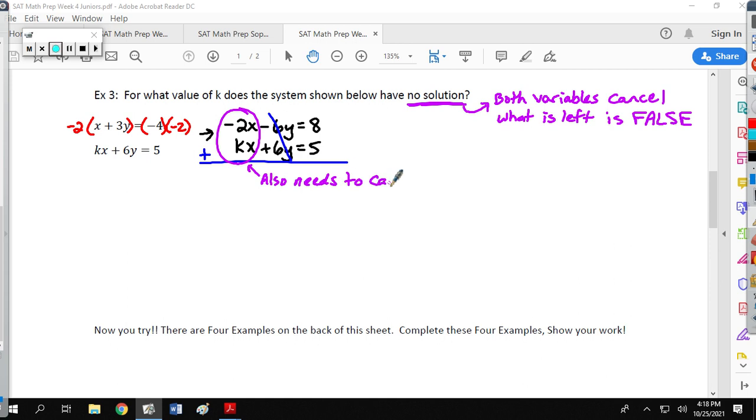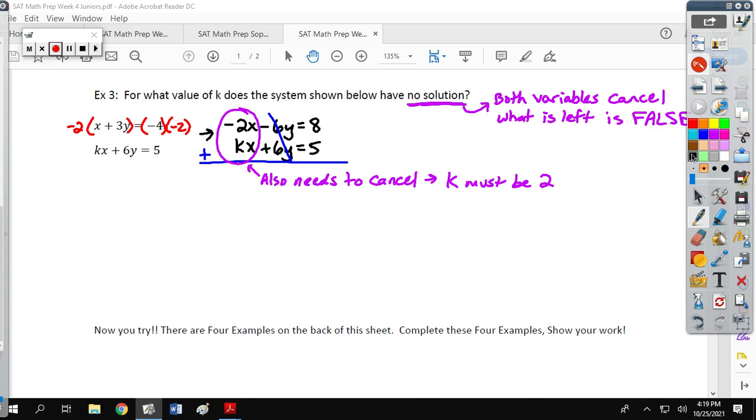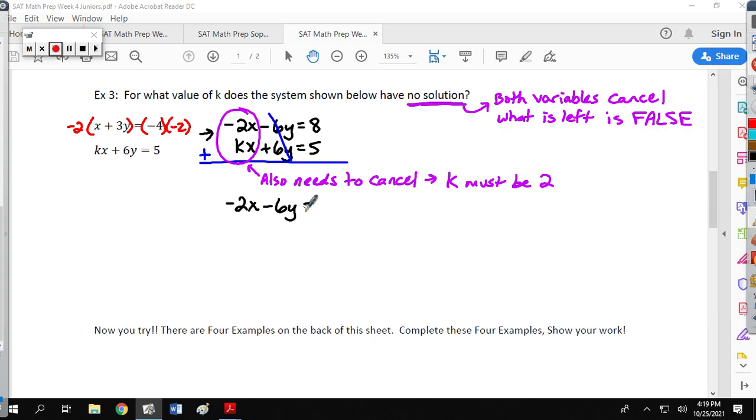So most of you are going, okay, get to the point. Well, that means that k must be positive 2, so that this is negative 2x and positive 2x. Now if we plugged in a positive 2 for k,